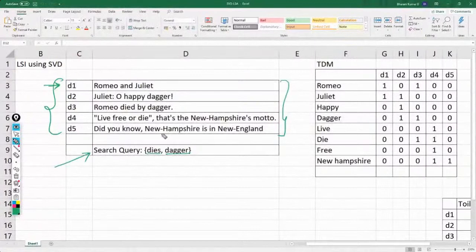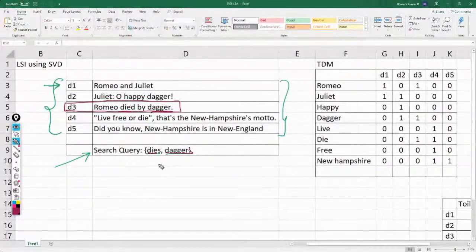Then, which of these documents should be extracted from the pool of documents and then displayed to you? If that's the question, then you might want to extract document 3 first. Why is that so? Because that has both die and dagger.